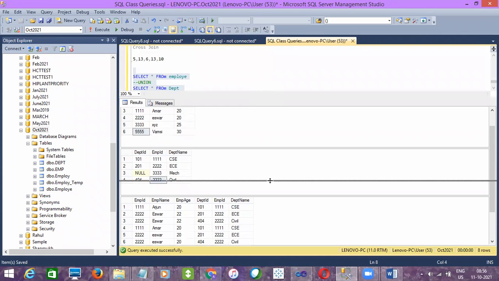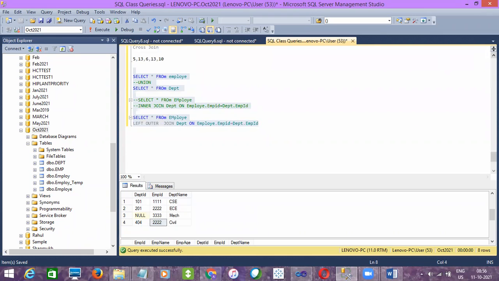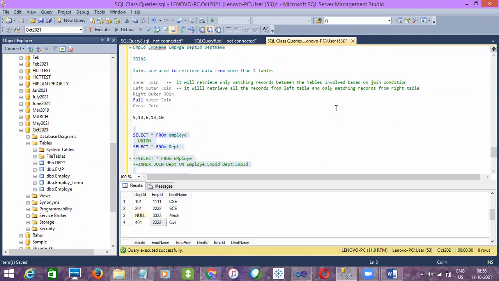So right outer join is exactly opposite to left outer, and let me tell you the explanation of this. So basically it will retrieve